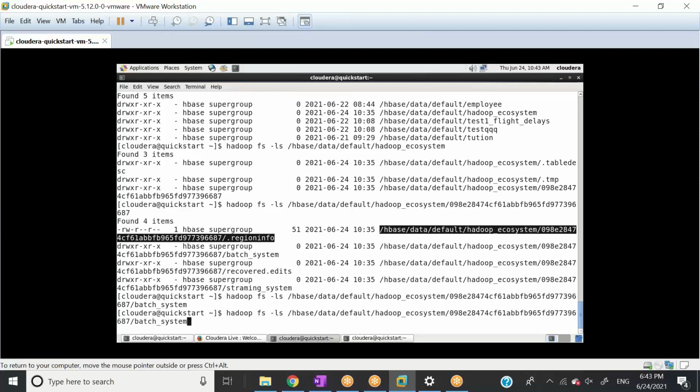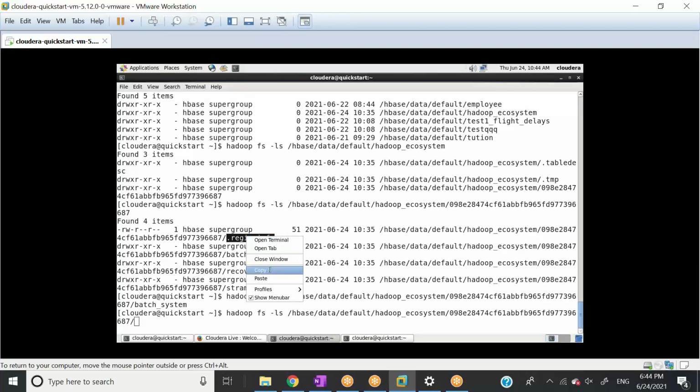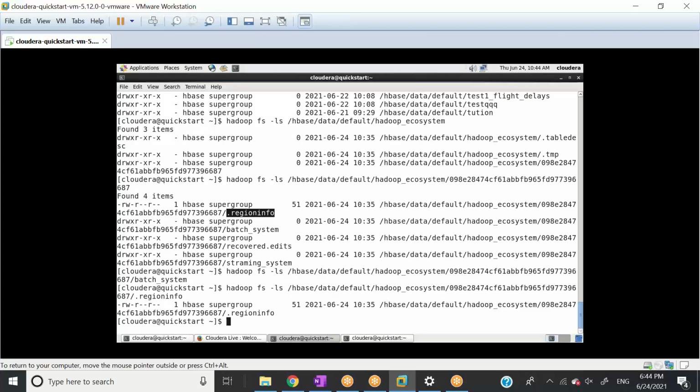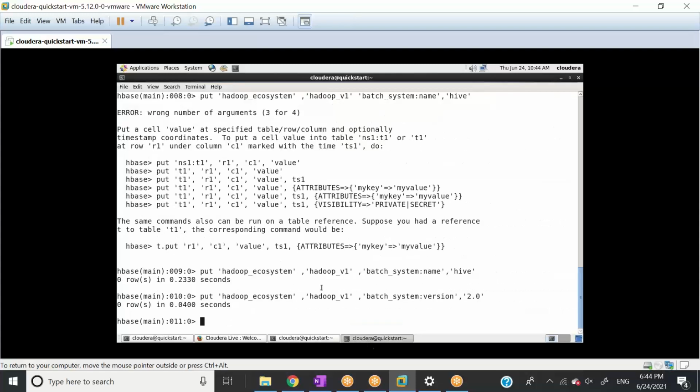So let's go to where they should be, in the recovered, in the region info, I'm not sure. But till column family we are clear, right? So column family is stored inside the HBase HDFS structure, right? Anyways, I'm not sure why it's not reflecting. Maybe we need to flush it or something.